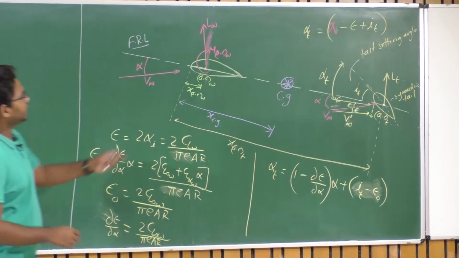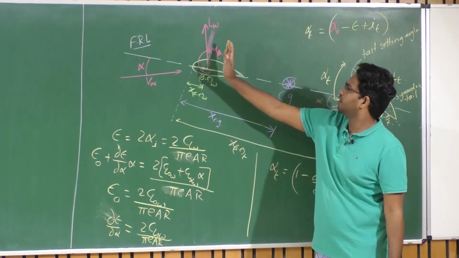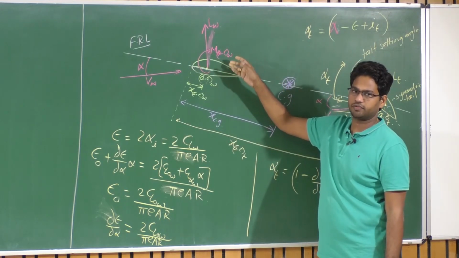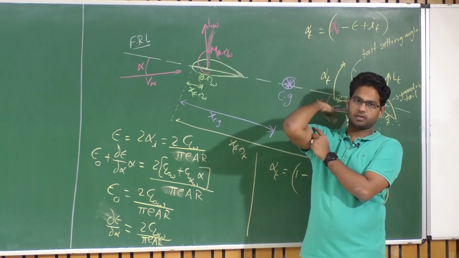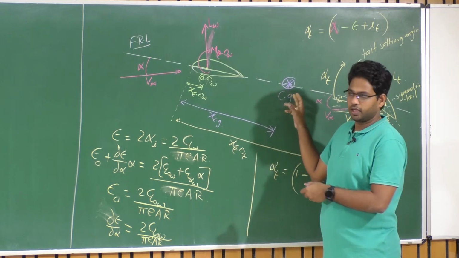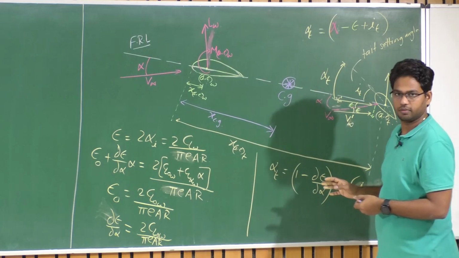So now the wing lift, assuming a small angle of attack, so LW cos alpha will be LW. Lift of wing multiplied by this offset with respect to CG contributes towards pitch up moment, right? So now taking moments about CG, lift of tail contributes towards pitch down moment. Am I correct or not?